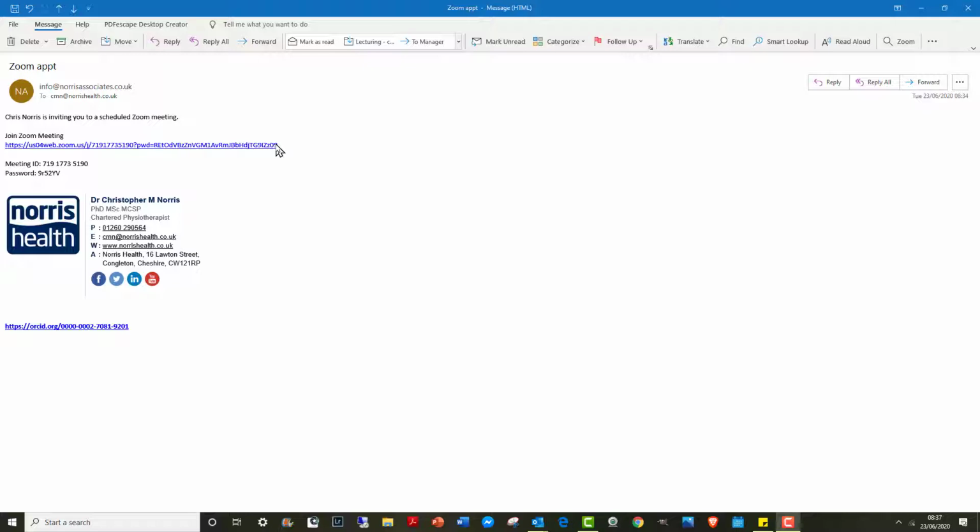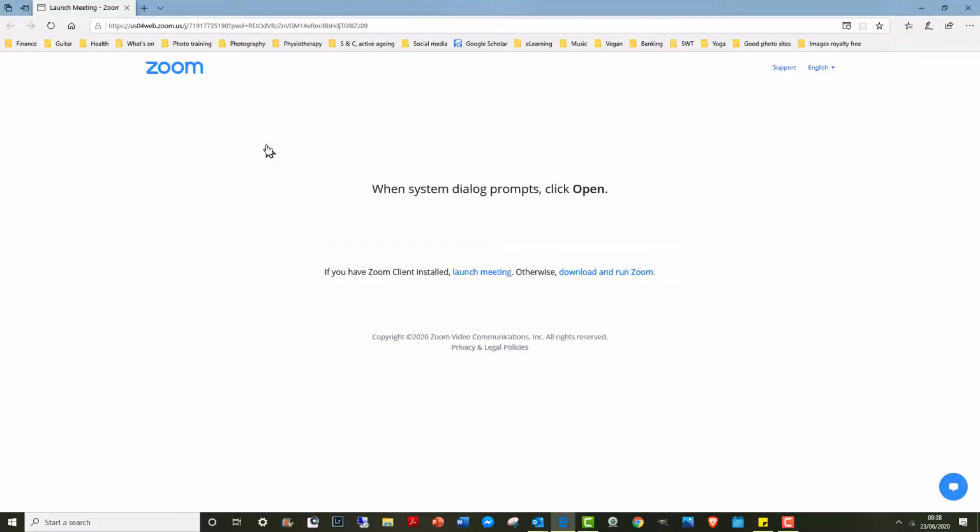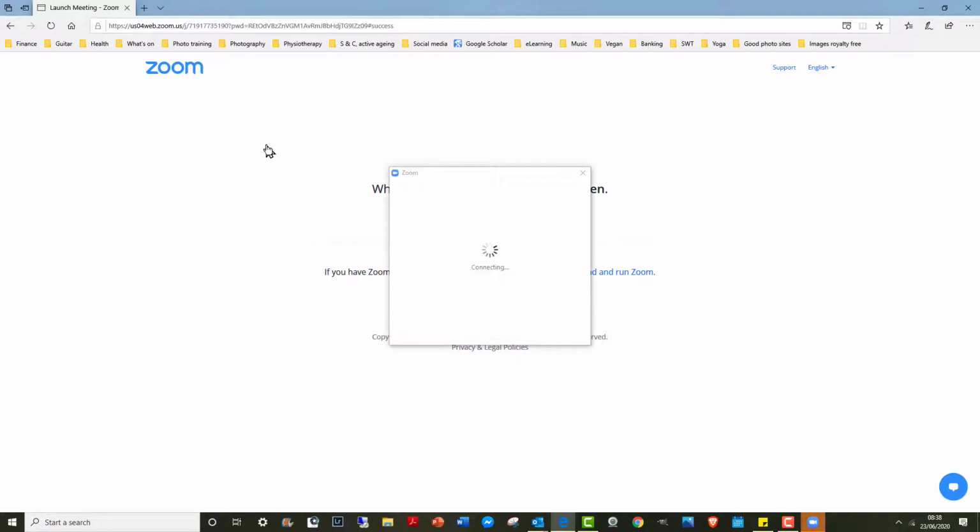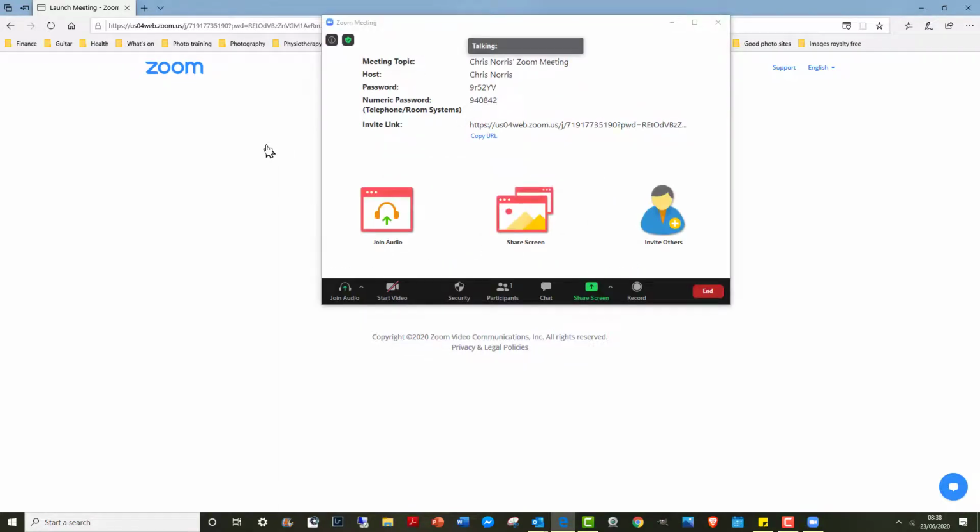That said, of course, if you are already familiar with Zoom and you have it on your computer, then you don't really need to watch the rest of the video, because all you would do is type in the meeting ID and the password, and that will take you straight through. But assuming that you're not familiar with Zoom, you hover over this, and if the little finger doesn't show up, just press the control bar on your computer, and then when you click that, that will then take you to Zoom. So it will open up with the full screen to start with,